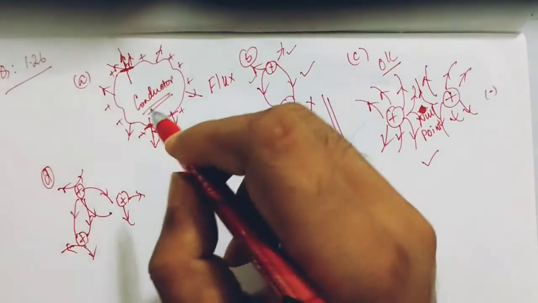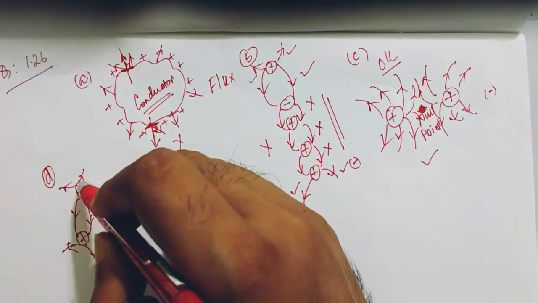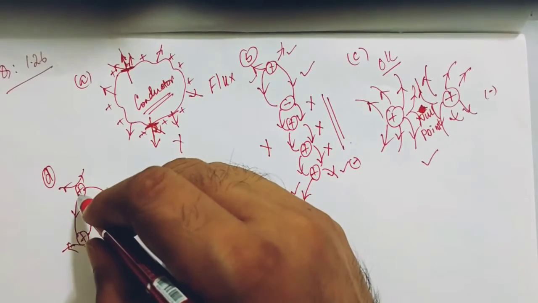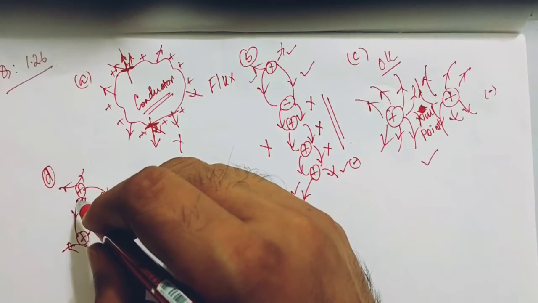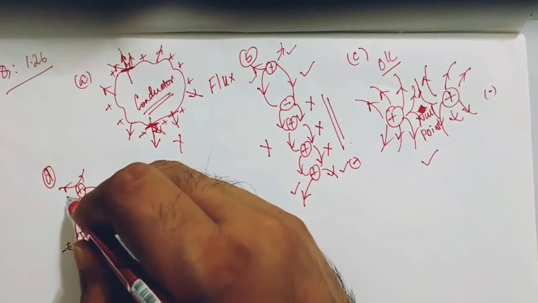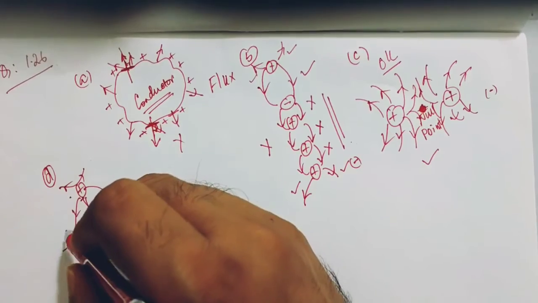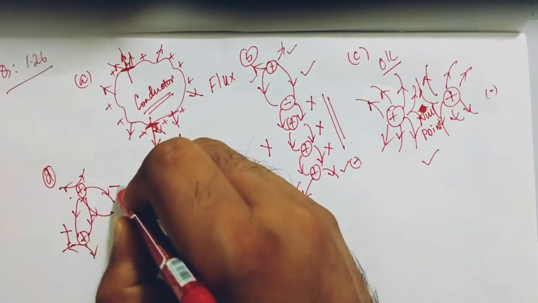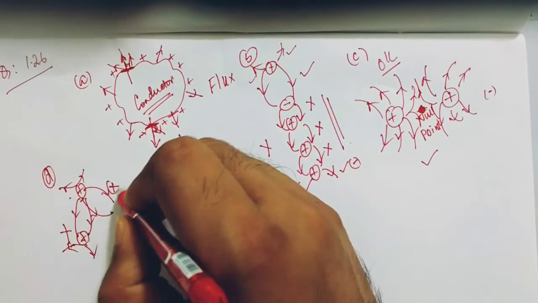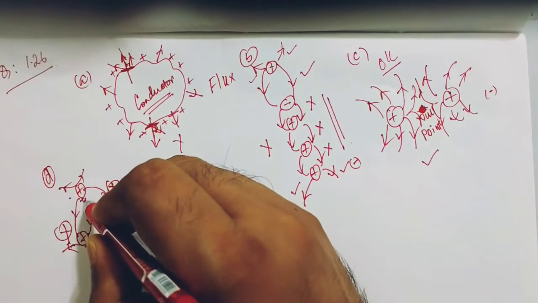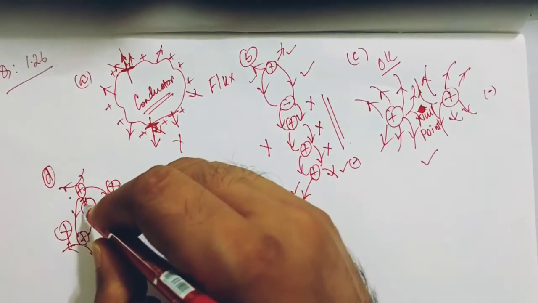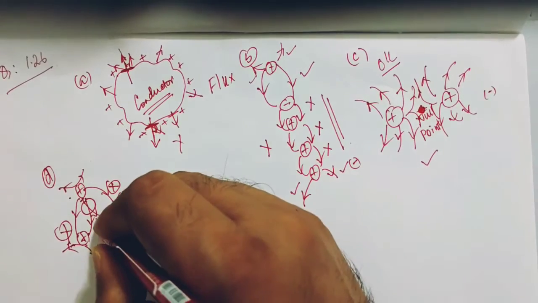Now see, this one is correct. Field lines coming out of a positive charge, this is correct. But the first field line is going to another positive charge, generated from this and reaching this positive charge, it is not correct. This is also the same, it is going from a positive to another positive, this is also wrong. Also they have shown field lines crossing each other, it is not possible.